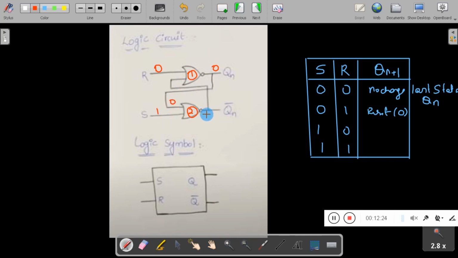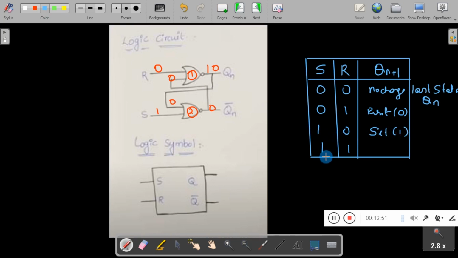And the output of the second NOR gate becomes 0, and that is fed back to the first NOR gate. And the output of the first NOR gate becomes 1. So when S is 1 and R is 0, it is going to set the flip-flop or latch. So this action is called set.